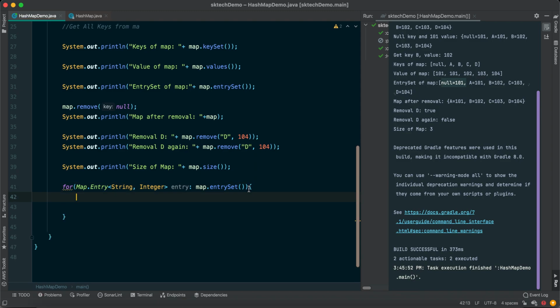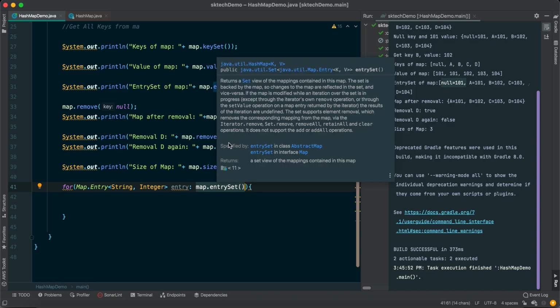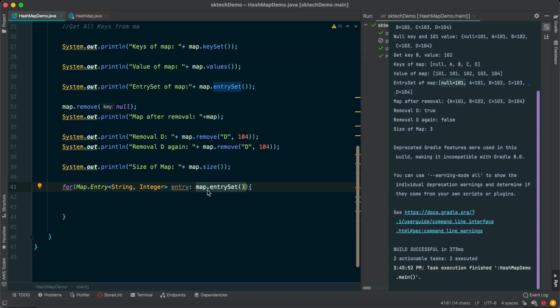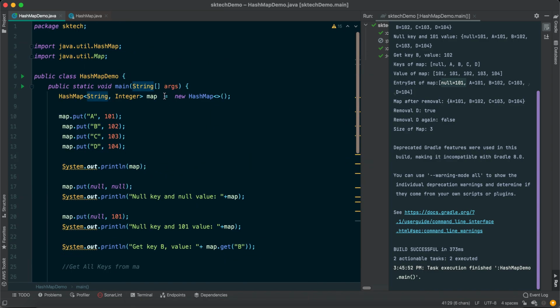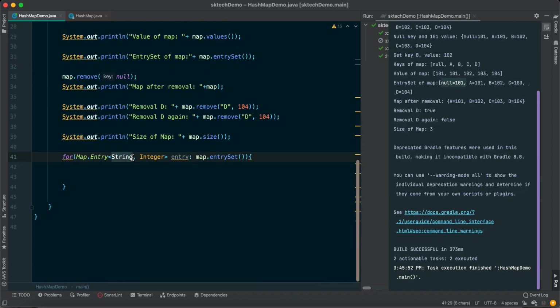That's it. This is going to return the list of entries, and as per the for each implementation, it is going to return each entry one by one. So we need to provide the output type as the entry type. This is the syntax for the entry type, and it is going to be in a generic format because we have created this map as a generic. The same key and value we need to provide here, and since this entry is going to contain both, we will be able to get all the keys and values.